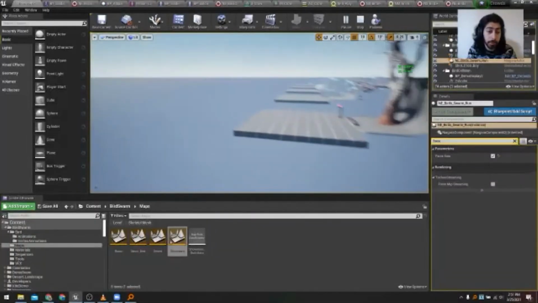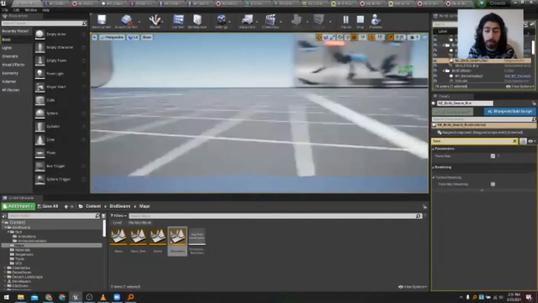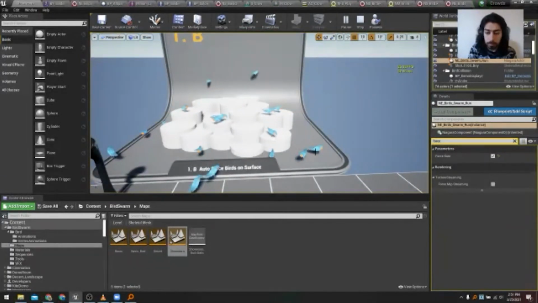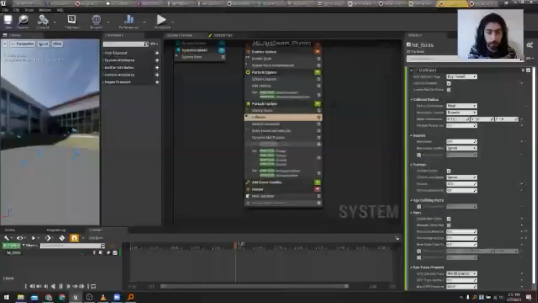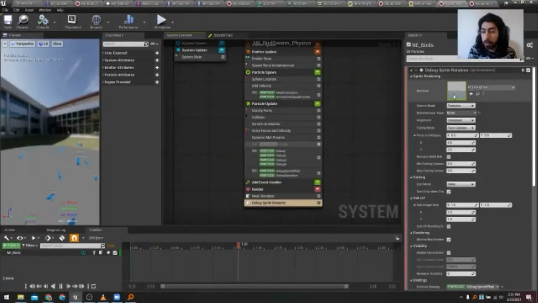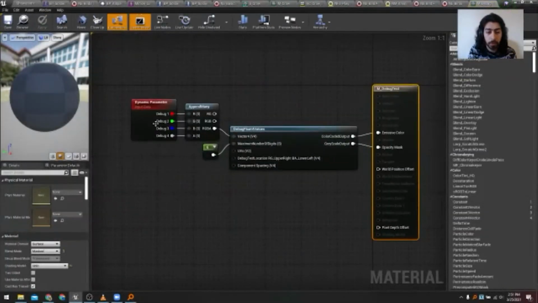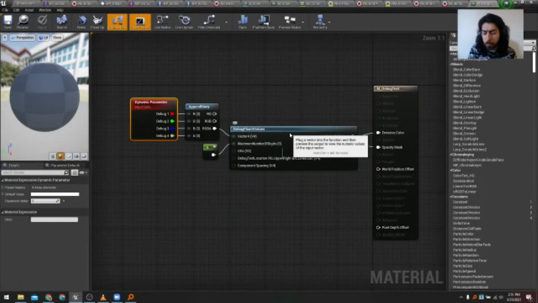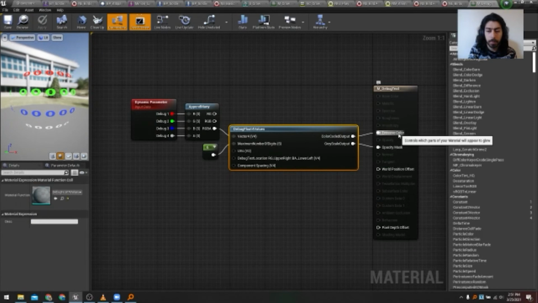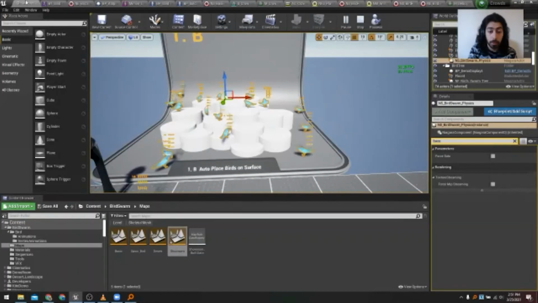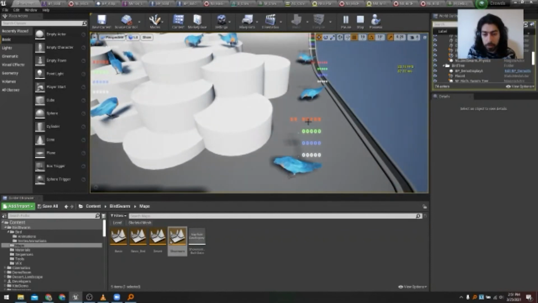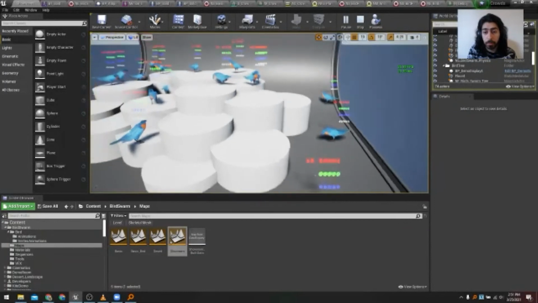And the final method is a quite practical one, which is to just have some numbers on top. If we go into this bird here, we just added a sprite renderer on top that I offset, and the material is really basic. It's just a dynamic parameter that I'm converting to some floats that we can see here, and it's connected to the material. So we can connect multiple values. In this case, we're just setting the lifetime of that particle.